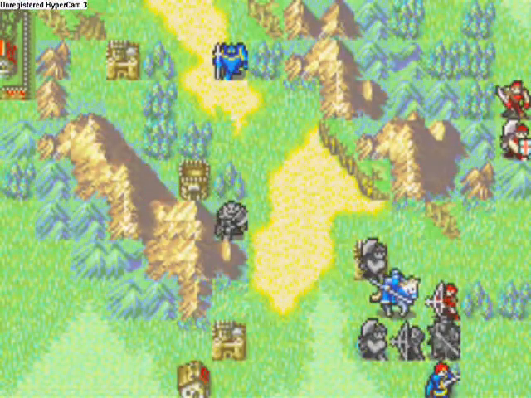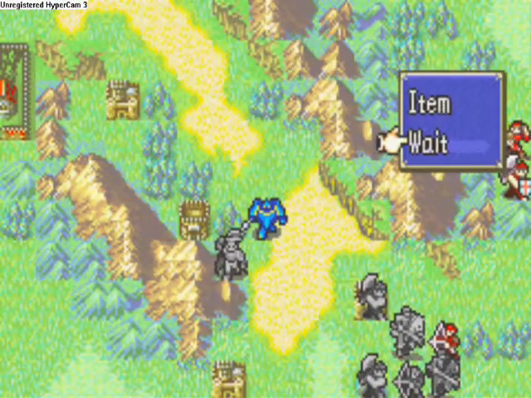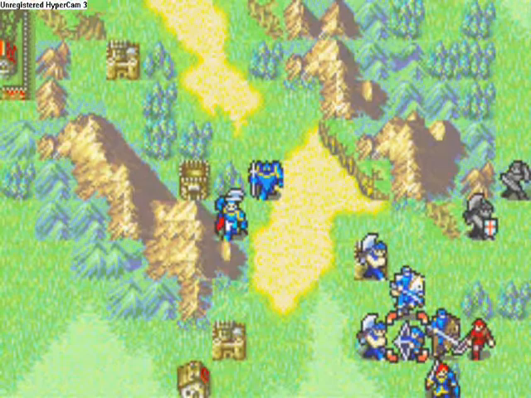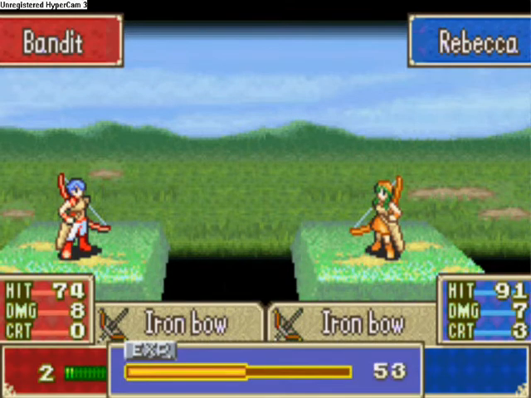Okay, why did I buy that second axe? Who the hell knows? The bow is for Rebecca, obviously, but why did I buy that axe? It might have been for Dorcas, because he only has that steel axe, but I don't tend to use Dorcas a lot, so...